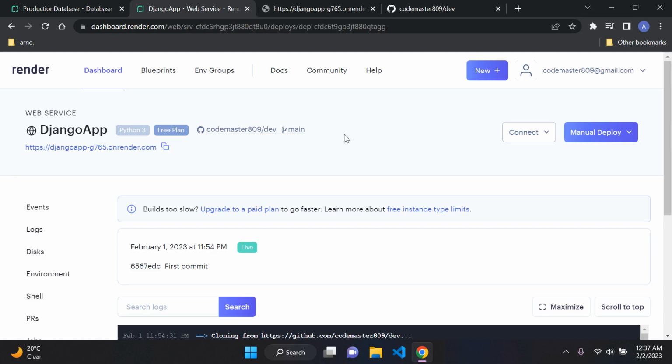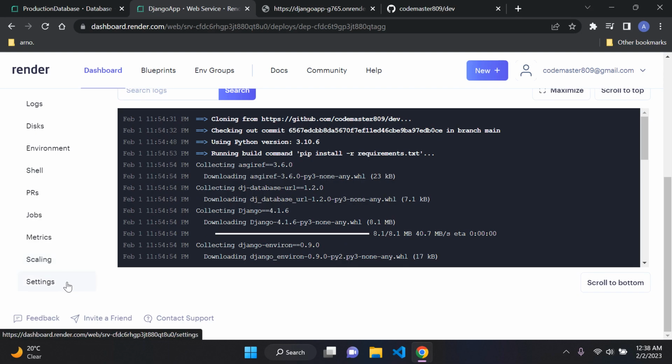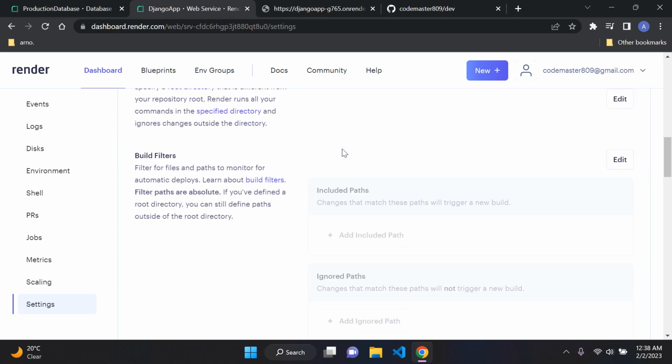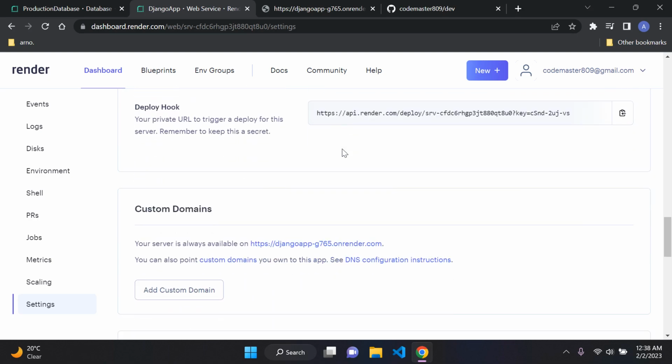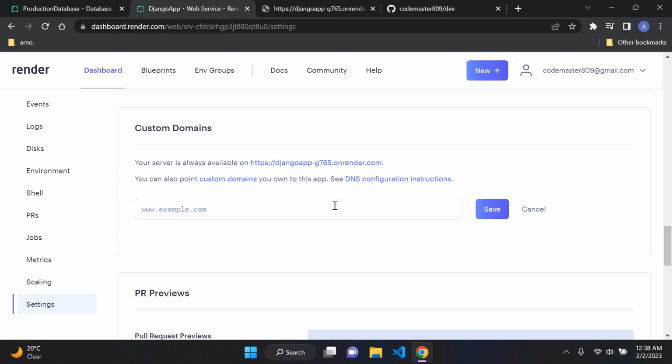Right, so if you want to add this domain name, all you can do is scroll down here on the left, head over to settings. And you can scroll down, you can see all the pre-filled settings that you did before. Scroll down. And here you'll have custom domains. So we can see our server will always be available at the following domain name here. And we can also point this to a custom domain. And what you can do here is you can go ahead and click on add domain, look for a domain name, save it, and I'm sure it will take you through a process of going ahead and setting up the